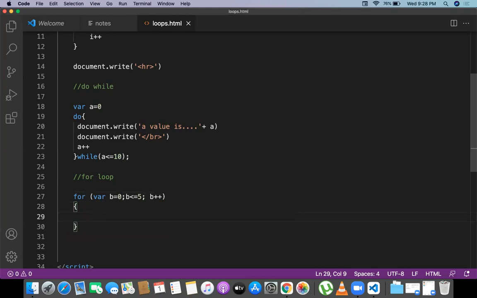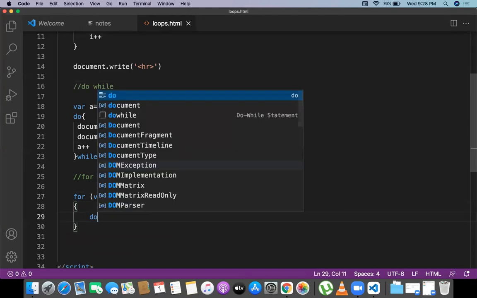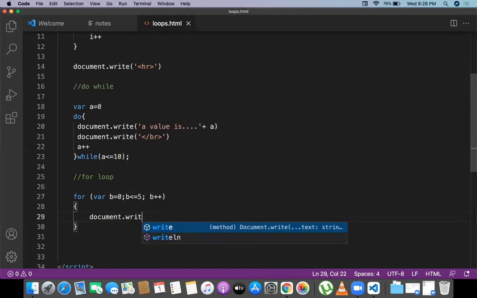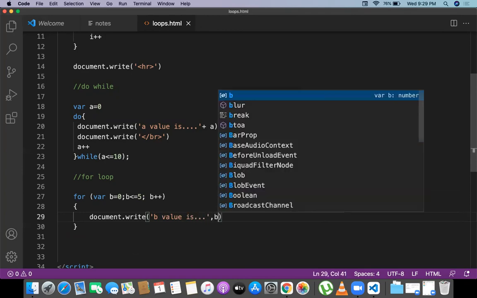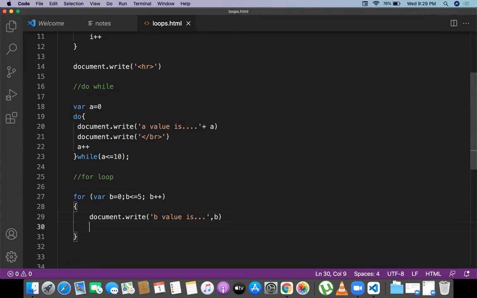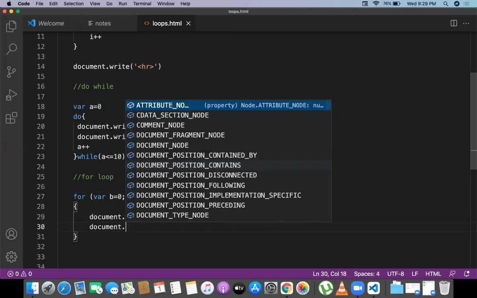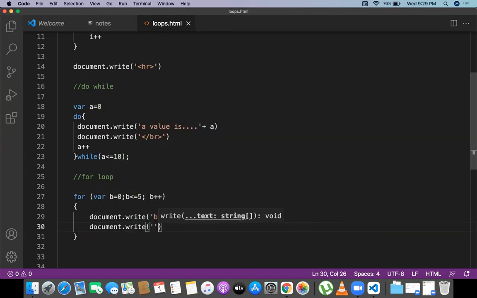Now for loop is going to be printing with different kind of things. Document dot write, and b value is, comma b. Then that's it. This is not rocket science. This is very simple, straightforward. Document dot write br slash br,